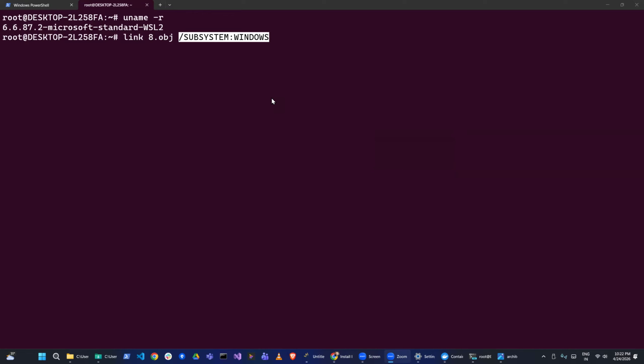That's right. So, subsystem Windows, right? थोड़ा सा हिस्ट्री में जाएंगे. 27th July 1993 was a pivotal moment for Microsoft because they launched the first ever